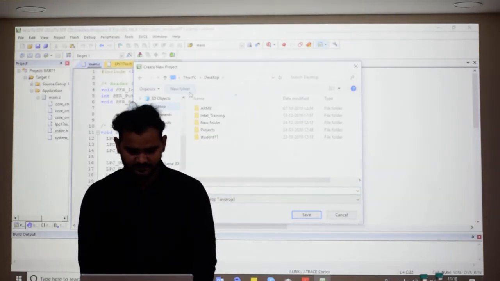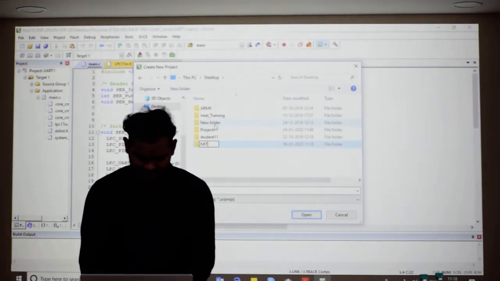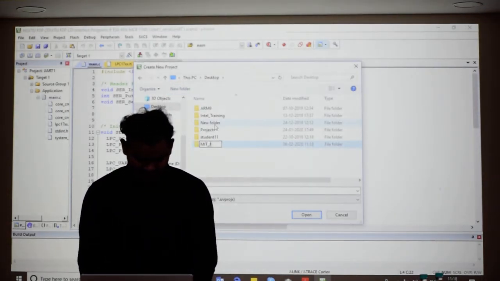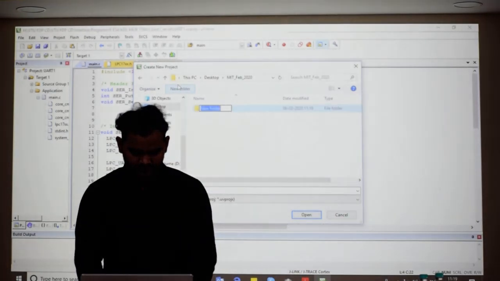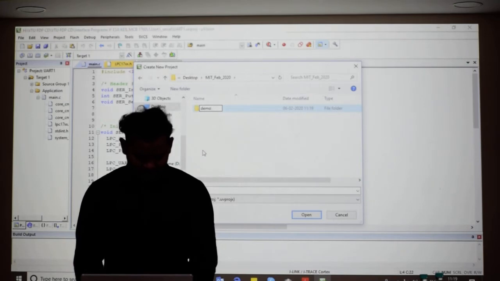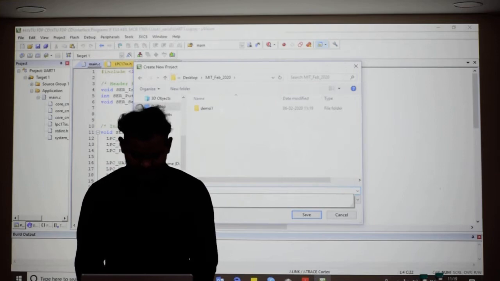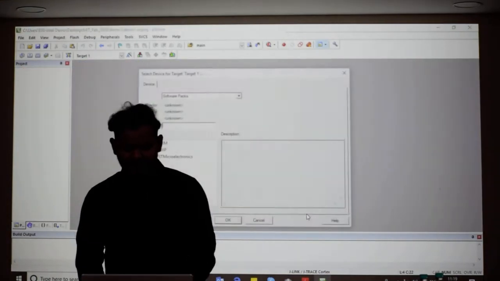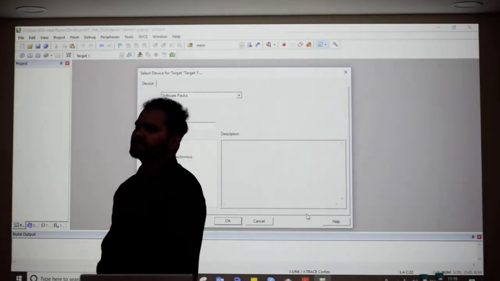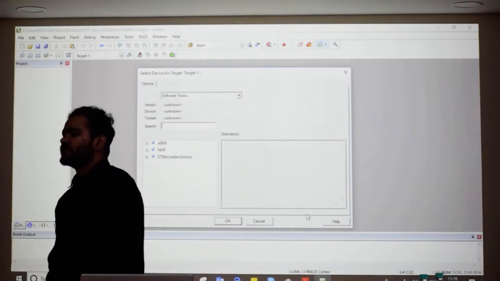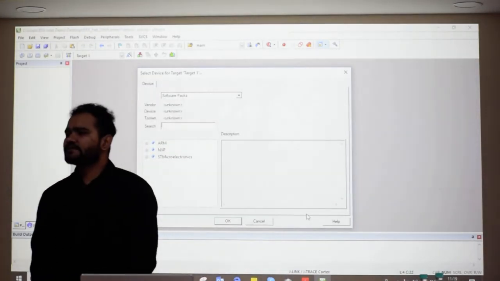Okay, so all of you are on the same page? Can you see? New folder, please, because we don't want all the files to get mixed.